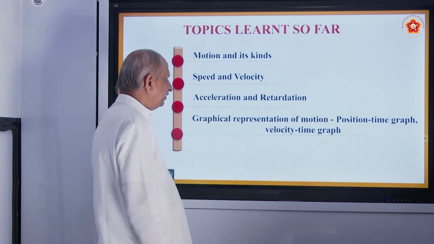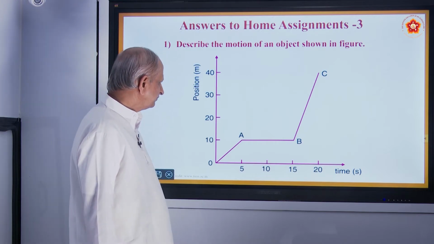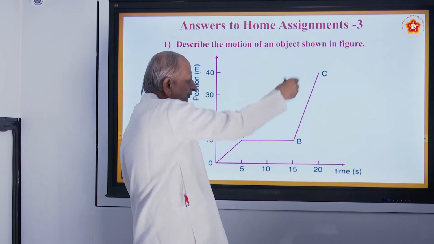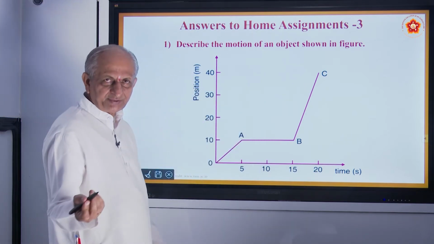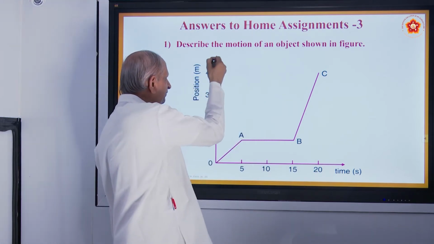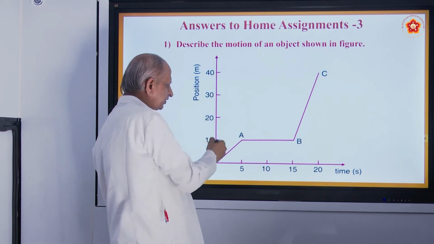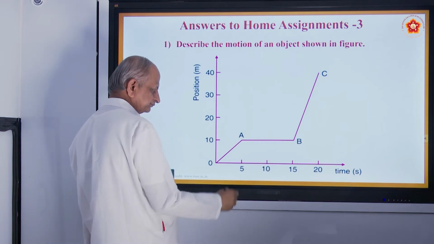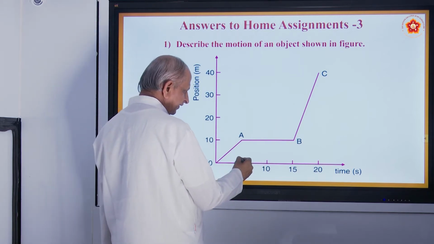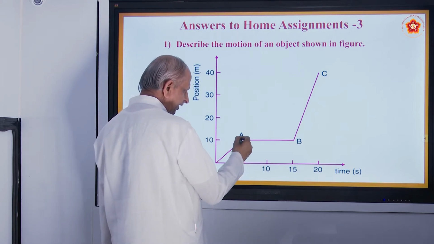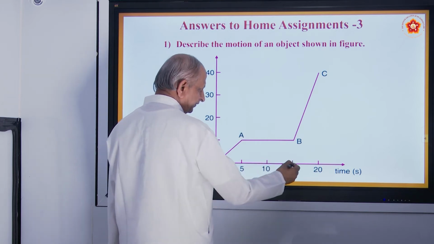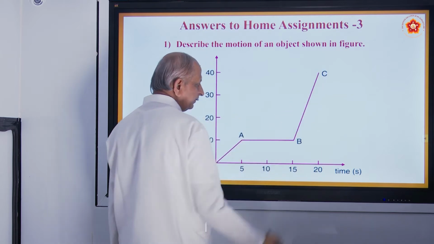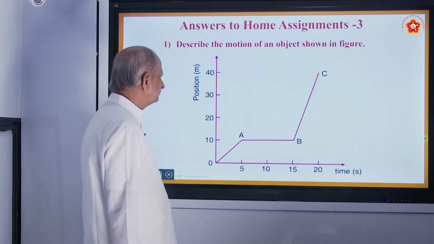Now we will see some of the home assignment. First one, the question is, the motion of an object is shown in the figure. Just now I was telling you about the graph here. This is a position time graph. This is position on the y-axis, time on the x-axis. This is in seconds. In 5 seconds, the body is at A. In 15 seconds, the body is at B, and at about 20 seconds it is at C. So the question is,